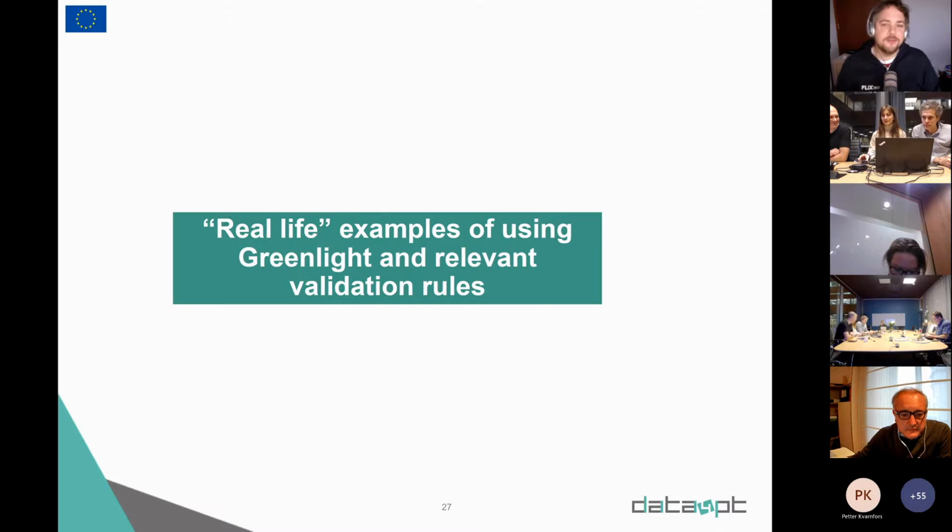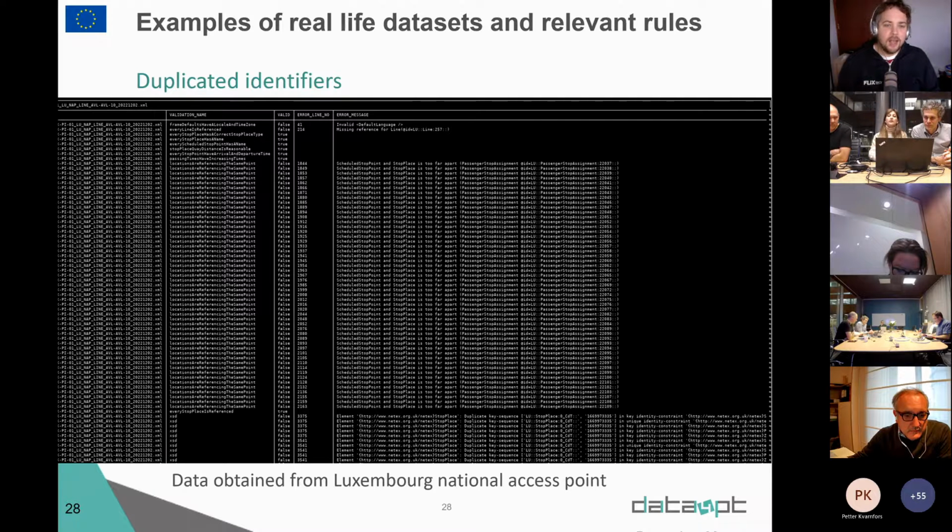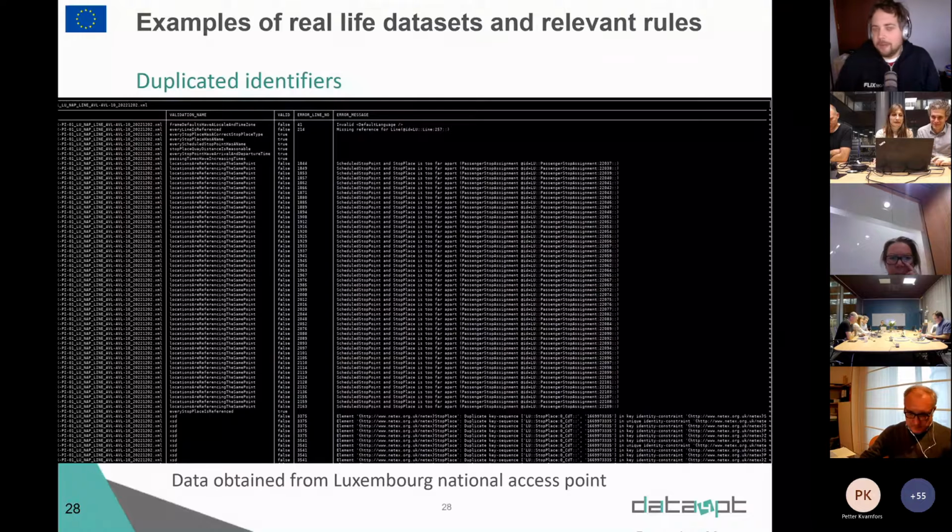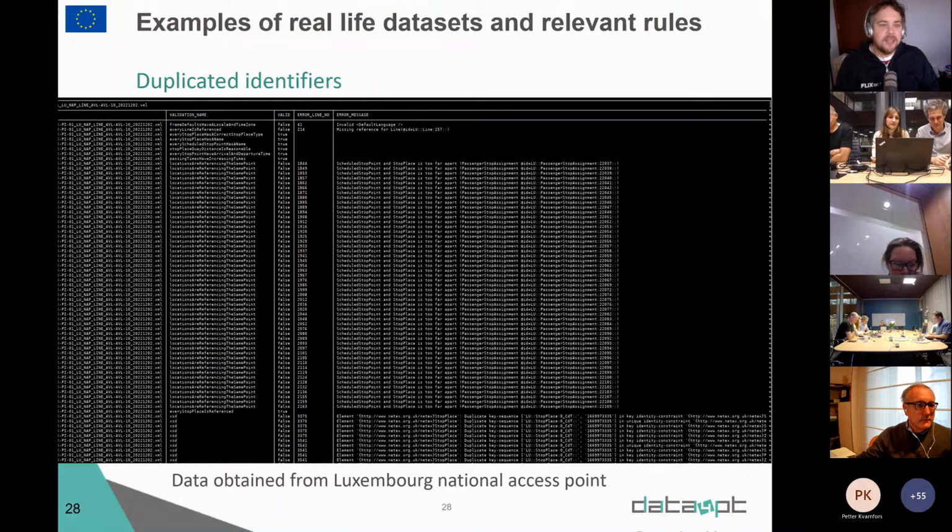Let's look at the first slide, a kind of quality that you would see in the national access points. Small letters, but I will explain what happens here. One of the worst problems that you can have in your NeTEx files is that your identifiers, the ID attributes in the objects, are duplicated. And our DATA4PT validator, basically by the XSD that is being used, can show us that